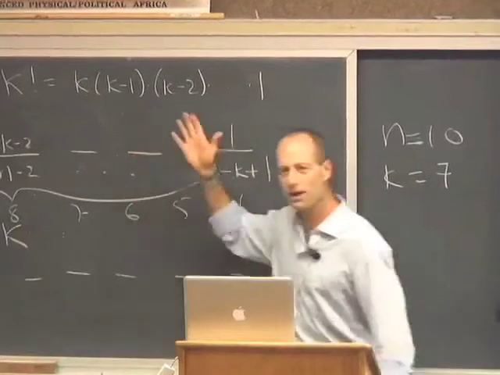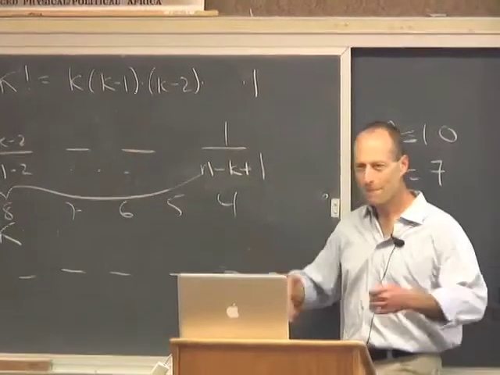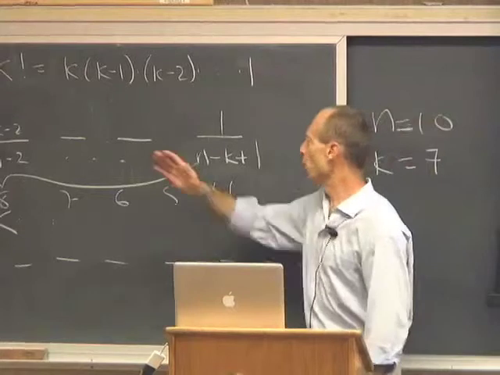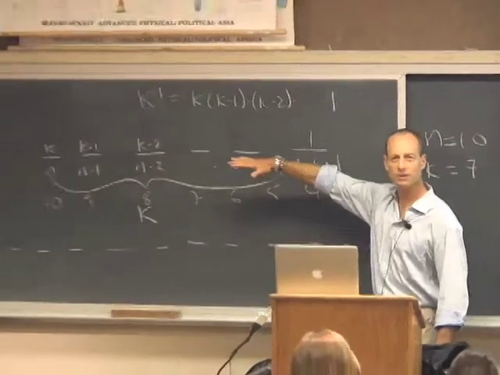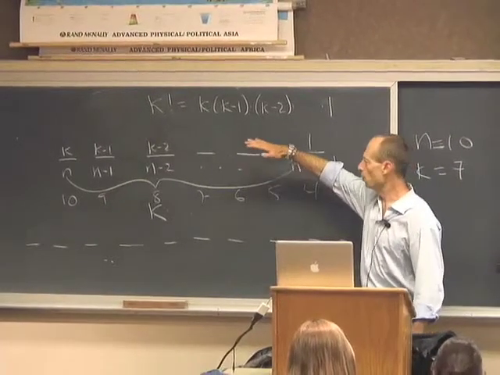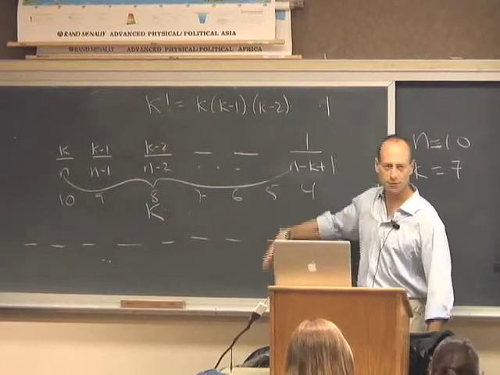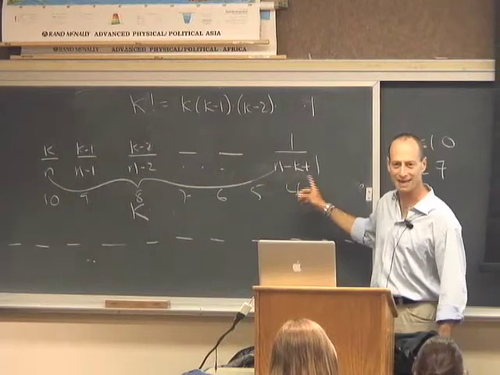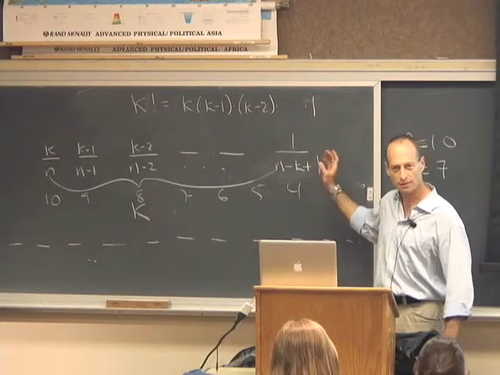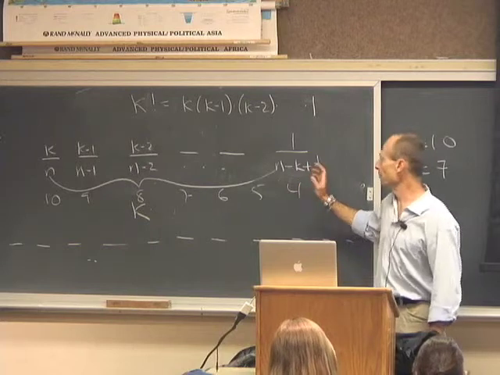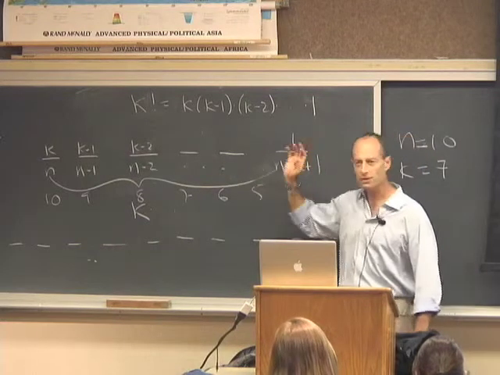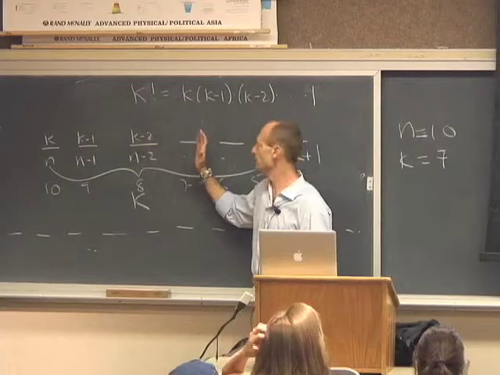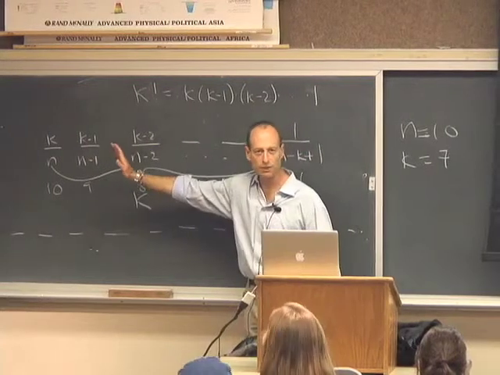Okay, so we just thought about doing this in one particular way of framing the problem, which is we're going to end up with k things. We have n choices for the first, n minus 1 for the second, on down to n minus k plus 1 for the kth of those k things. And by the fundamental rule of counting, since the number of choices you have available to you at any step doesn't depend on what you picked in the previous steps,